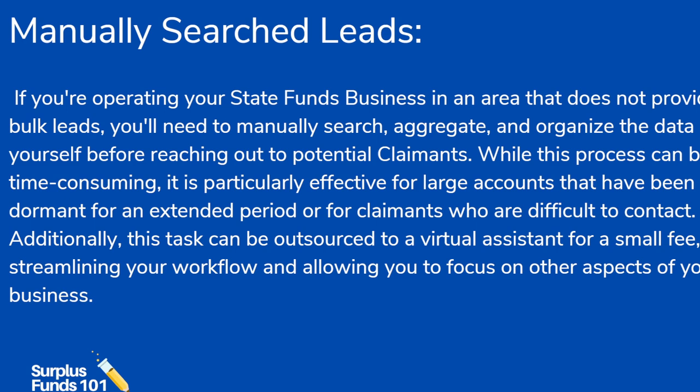Now, I know that sounds a little bit hardcore and intense, but a lot of these manually searched leads that you're going to go after are going to be big ticket accounts. So let's just say the claimant had, I don't know, $3 million to their name, and it was a 20% state. That means you'd be making $600,000 on the deal in one clip. So is $600,000 worth your moral compass to send a deputy out to somebody's house? I don't know. You're going to have to decide.